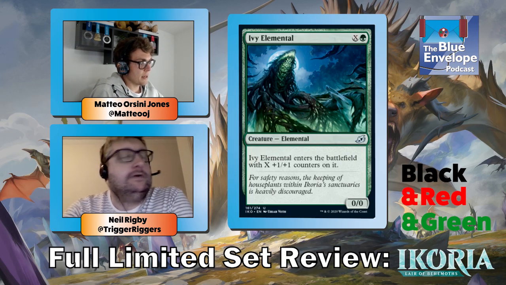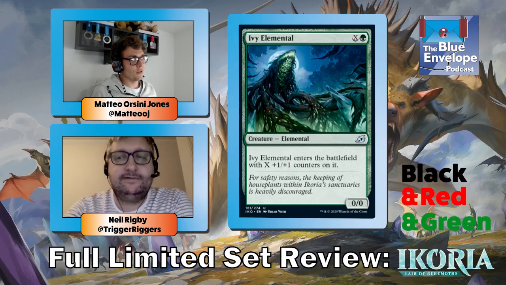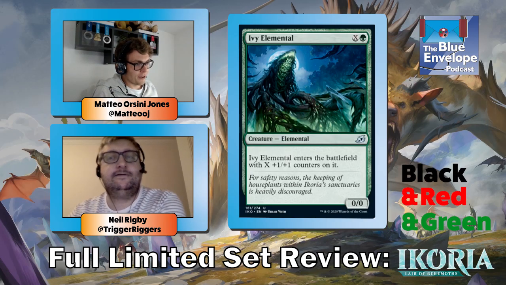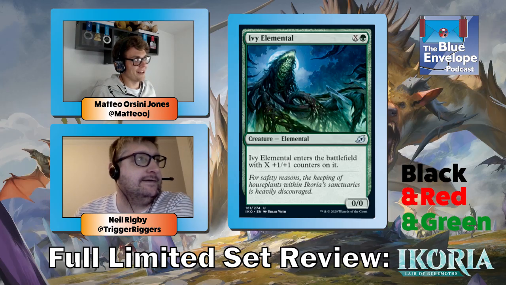Ivy Elemental's next. This is the peak mutate creature. I didn't actually appreciate it. I have it in the sort of deck I have active at the moment in an Arena draft, and I hadn't really appreciated how good it is with mutate until I put a Heron on it and attacked for 10 in the air. Yeah, this card is...